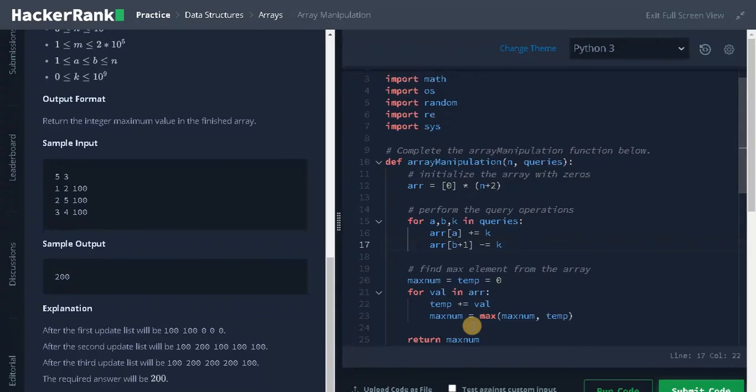We can reduce the time complexity further to big O of m log m. Instead of using the array and updating the values, we can use a dictionary. In a dictionary, we will avoid the uncomputed array indices, so it will definitely save some time. You can store the indices as keys and update the increments as values. After doing the operation, you need to sort the dictionary based on the keys and perform the same operation again. Instead of traversing the whole array, we just need to traverse the updated indices. So that's another logic. If you want to try it, you can try.